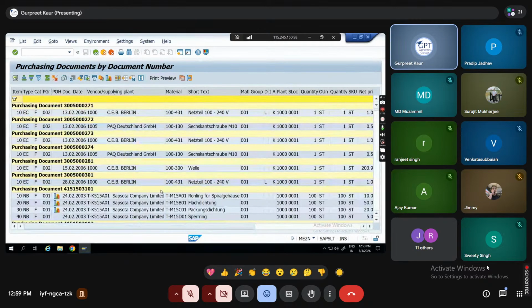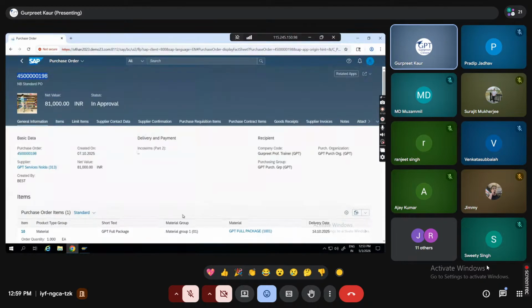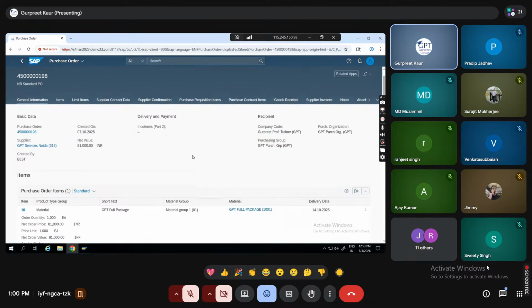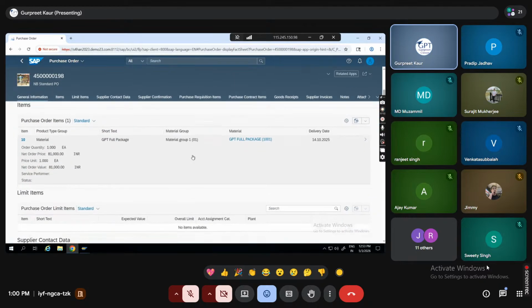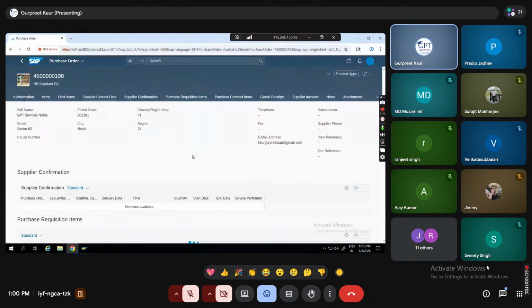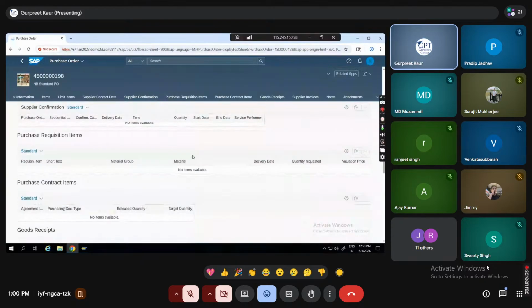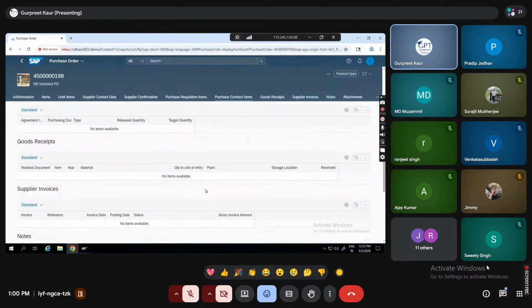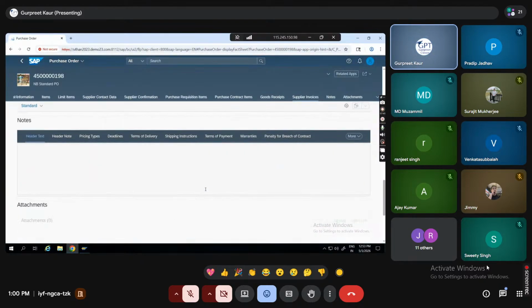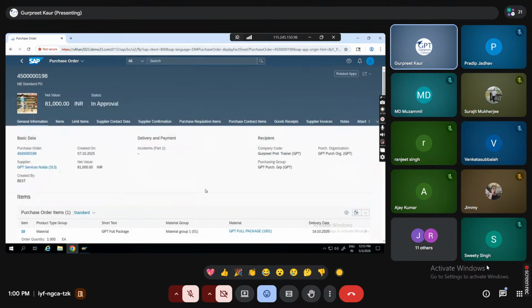But when it comes to the Fiori, the complete look and feel is changed. See, you have all the details on a single page. The moment you are scrolling, it is updating the data, if there is any data available. Okay.